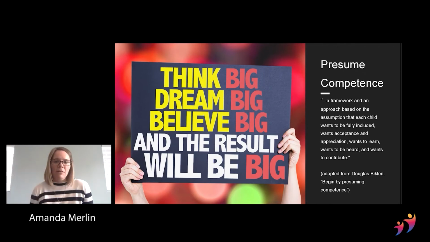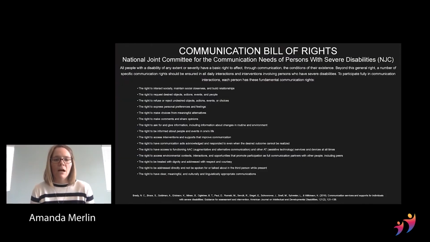So this is the Communication Bill of Rights. And this is a big advocacy piece. And this is how I get a lot of school people on board with me. I get a lot of devices to kids in the schools because of this. Right away, if you go through this,